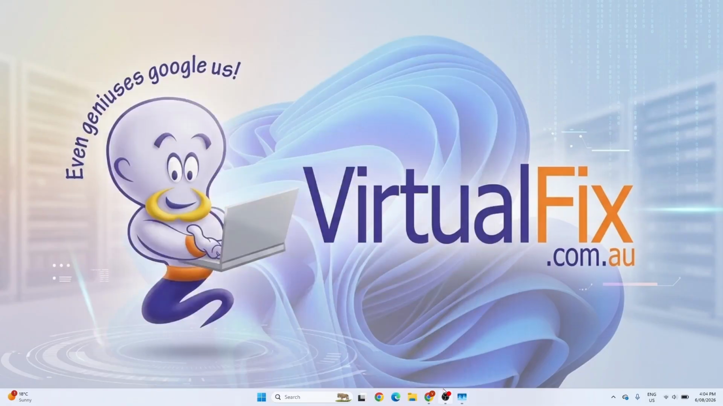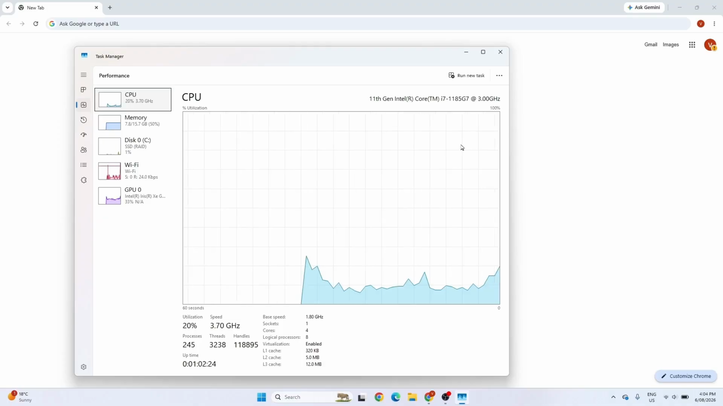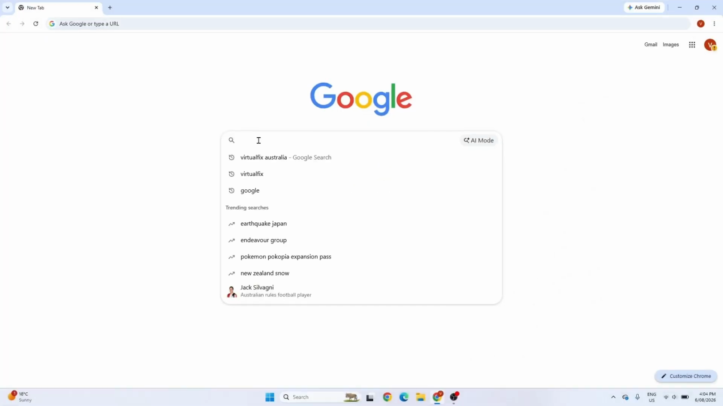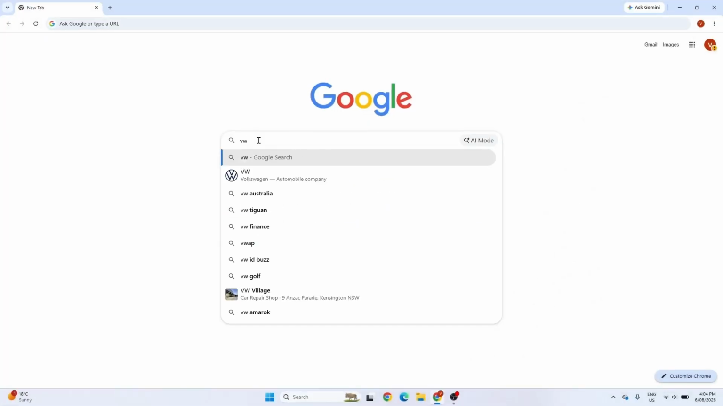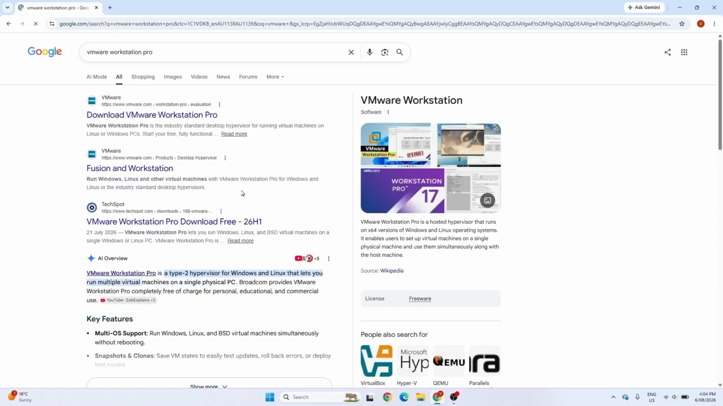So after checking that virtualization is enabled, the first thing, of course, is to download the software. The software we're looking for is VMware Workstation Pro. Here you go. You find it in here. That is normally the latest version from VMware. So when you click here,